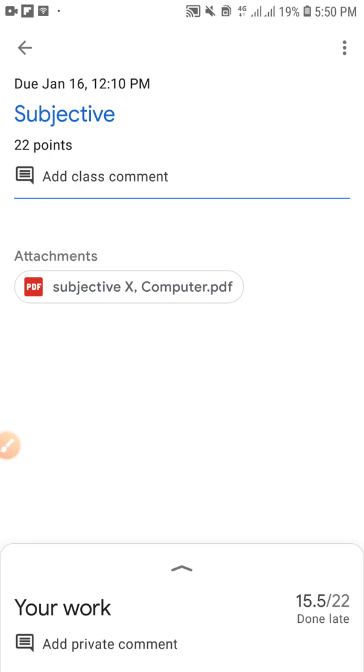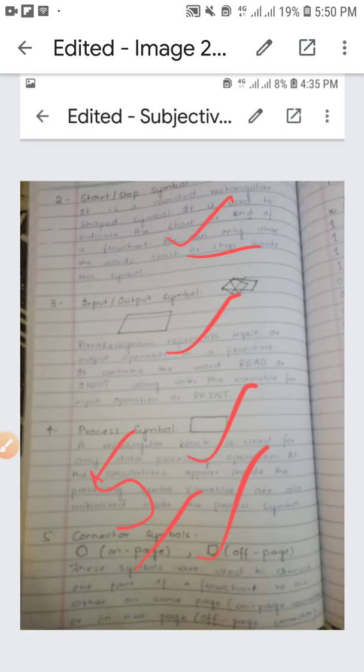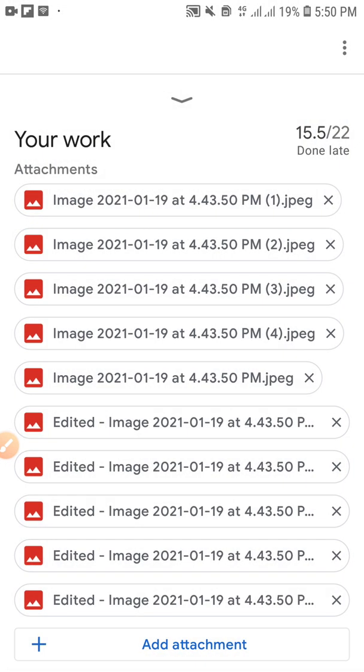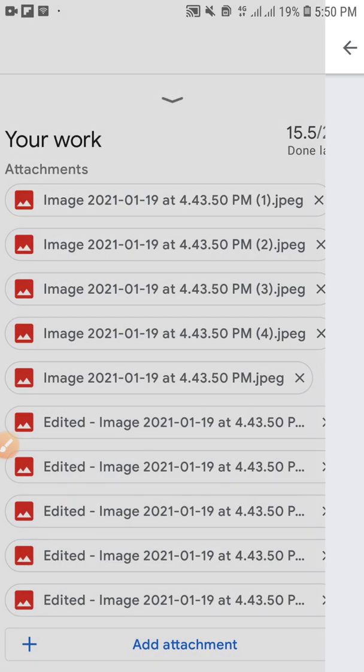And after that, if you want to see the subjective paper, you will click on the upward arrow, and the images with the edited name are the images that the teacher has uploaded in my account. I will check all the images one by one so that I can know my mistakes. So 5 out of 5 marks in one portion, and in other images one question is wrong, you can see there.